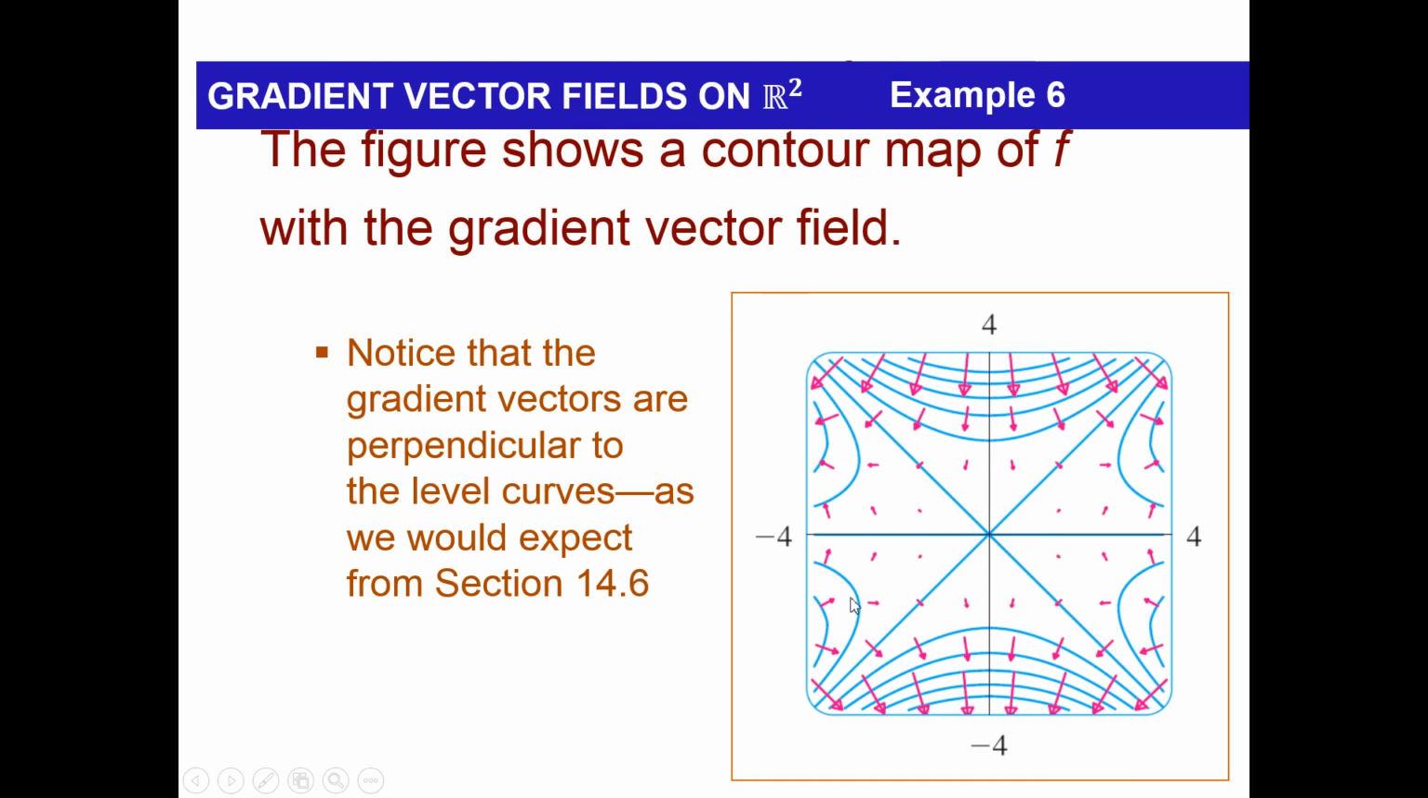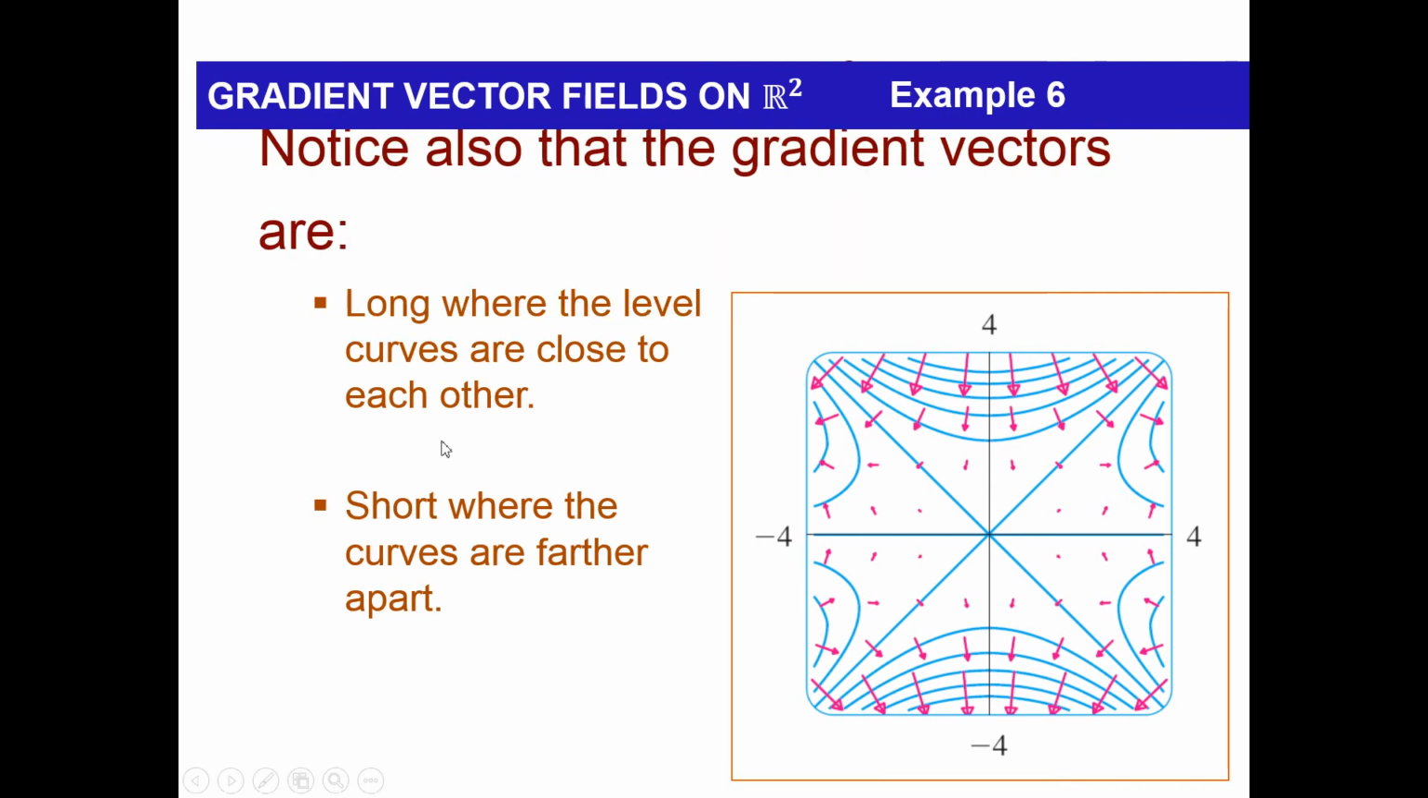So we have already seen in section 14.6 that the gradient is perpendicular to the level curve at that particular point. So notice that gradient vectors are perpendicular to the level curves, as we would expect from section 14.6. Okay. Another observation,